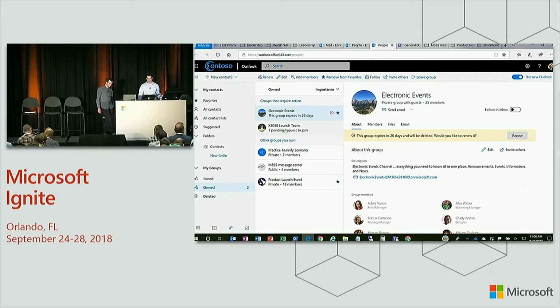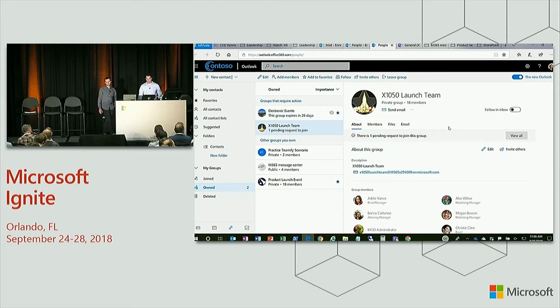Now, this group here has a slightly different action. Here, we have a pending membership request. Someone else has requested to join our group, and one of the group owners must approve this. Before this Groups Hub, an email would be sent to each of the group owners. And as a group owner, I'd come in to add them, and I'd see, oh, looks like maybe Christoph already did this, I already see them in the group. Well, I guess that's taken care of. But it was kind of vague.